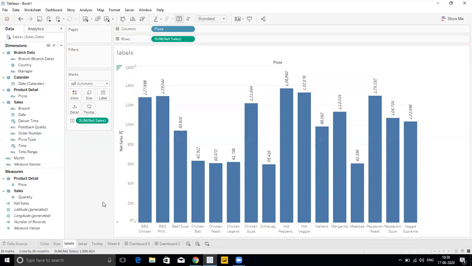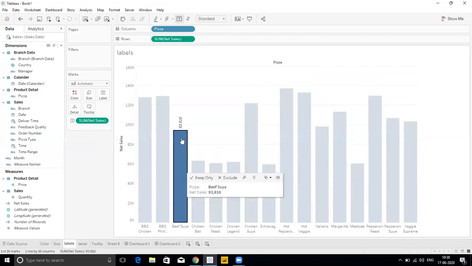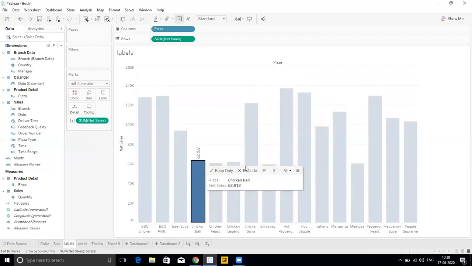Yeah. Now guys, if I want to highlight, I just want to figure out the maximum and minimum values here. I only want to highlight them. So I can click on this label and come to marks to label. Right now it's set to all. The next option is selected. If I choose selected, then the value is only available when I select and choose this column.